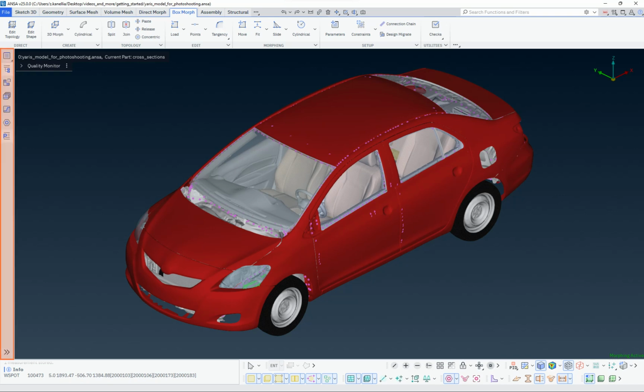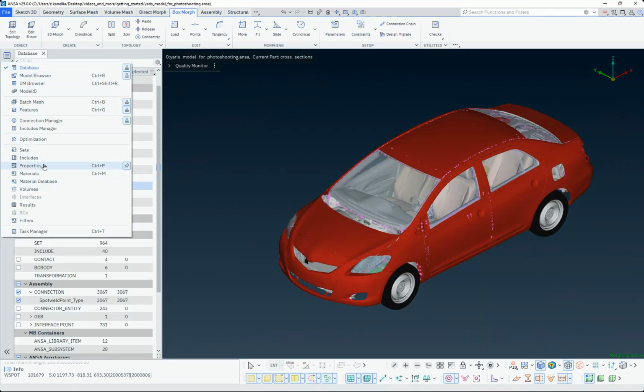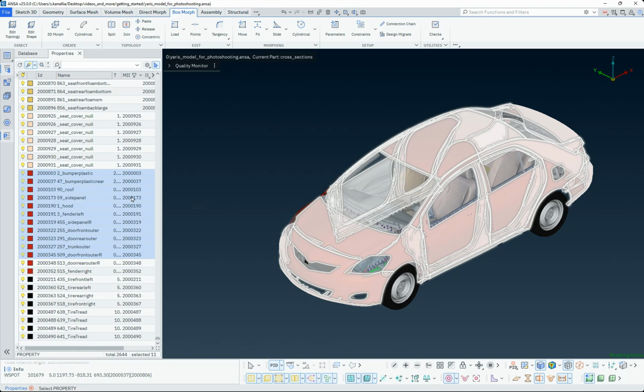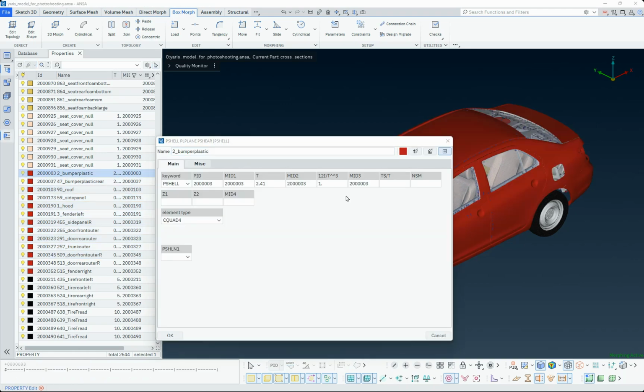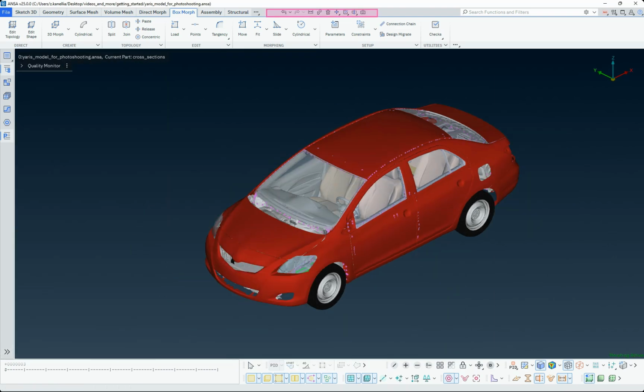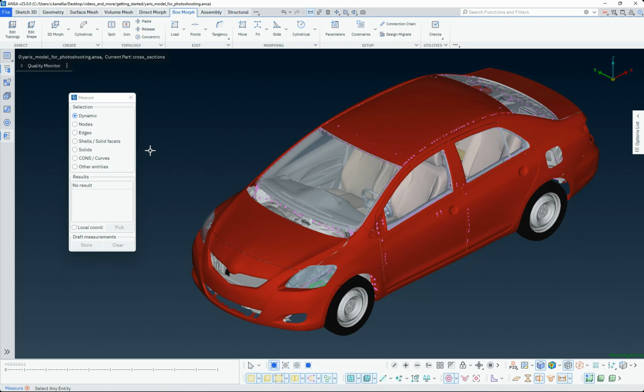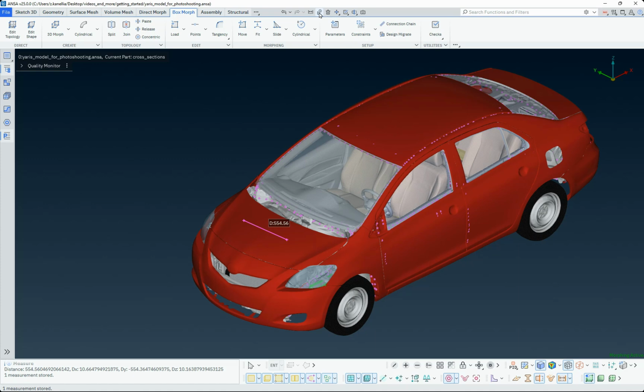From the lists located in the left area of the screen, the Properties list is used to manage the properties of the model. Selected PIDs become highlighted. To access the PID card, double-click on a property, which contains editable information such as property ID, material, and thickness. The Quick Access toolbar can be found in the middle of the upper area. The Measure function conducts various measurements based on the selected selection mode, and these measurements can be saved and reviewed later. The Info function provides details about the selected entities and their related entities.